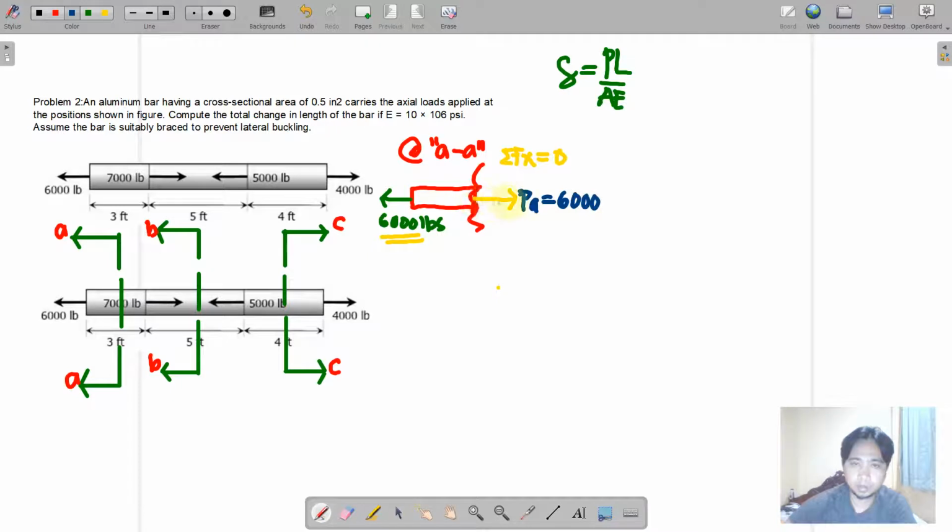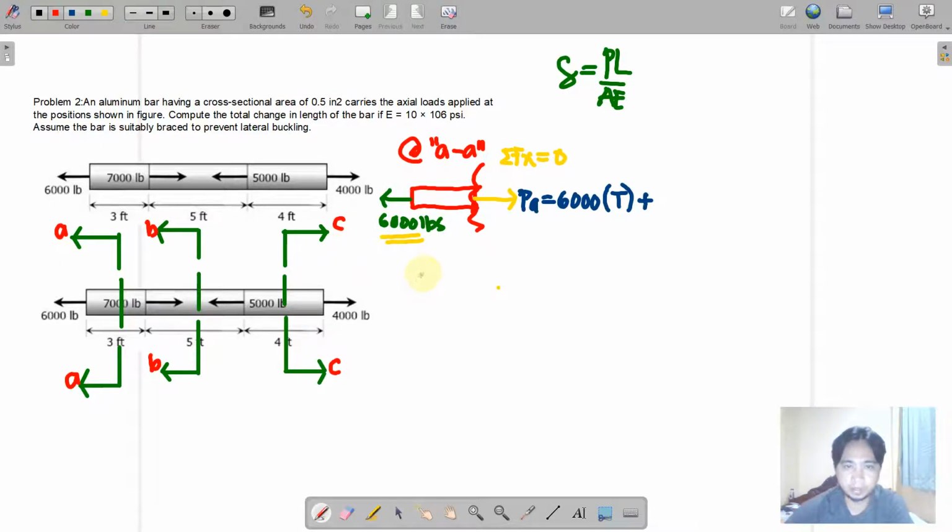If we have an arrowhead that is away from the joint, that is considered as tension. We have to indicate that because if we have tension, we have a stretching, and if we have a stretching, we have an additional length. That is why we have to indicate that this is tension and this is a positive length. Okay, so next,